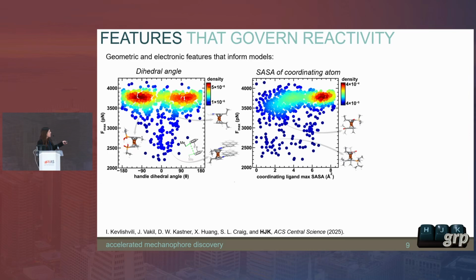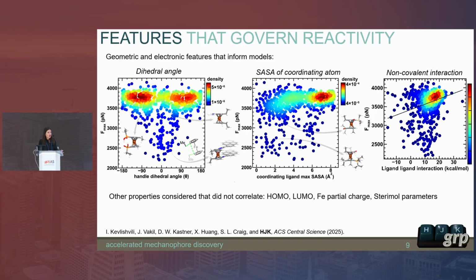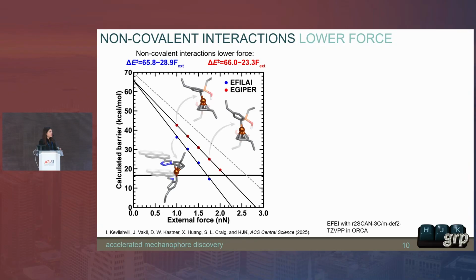But an interesting thing that emerged that surprised us was how sterically crowded the cyclopentadienyl rings are. So how bulky the ferrocene is really seemed to dictate reactivity. And then finally, the one that we expected. So this is the one that was a little bit surprising to us. The one we expected, the non-covalent interactions also play a large role. There are many more features that didn't correlate. But this is the one, again, that we could have predicted intuitively.